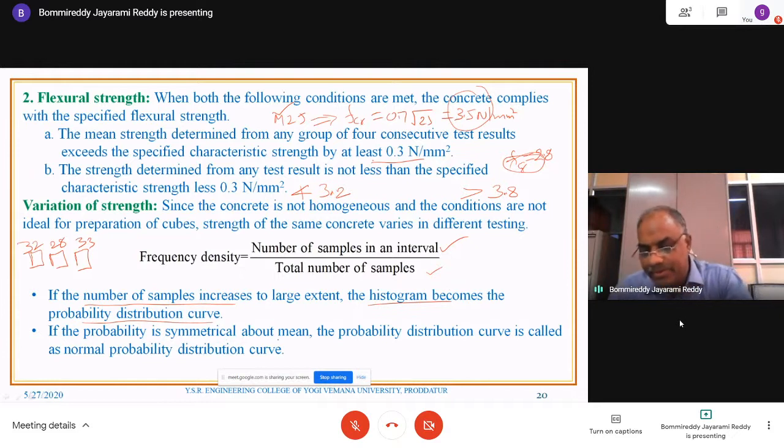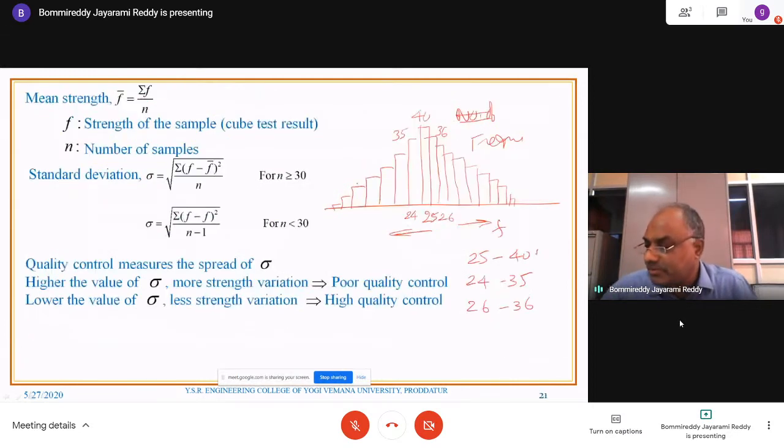So what is going to happen if the numbers are less? If the numbers are less, you will get some histogram. If the numbers are more, if you just join all the peak values, it will follow a curve. So what is this curve called? This curve is called the probability density curve. It is the line joining the points of all the peak values of the different magnitudes